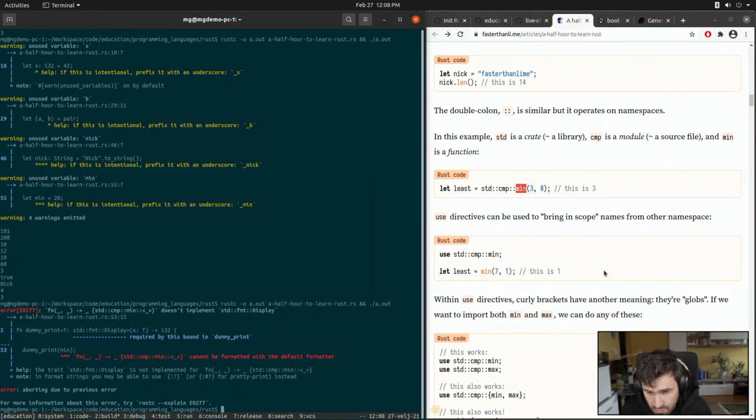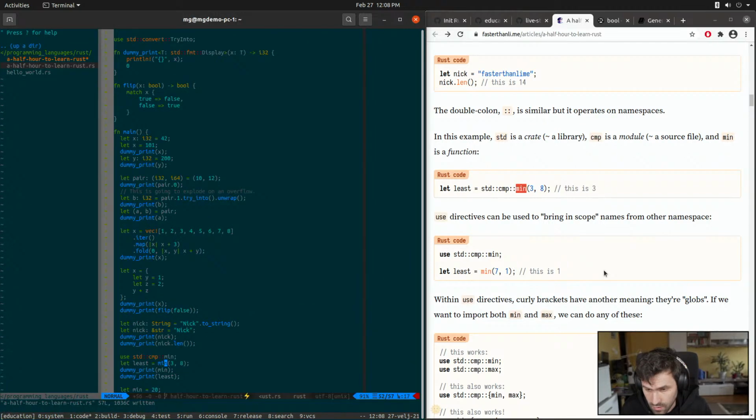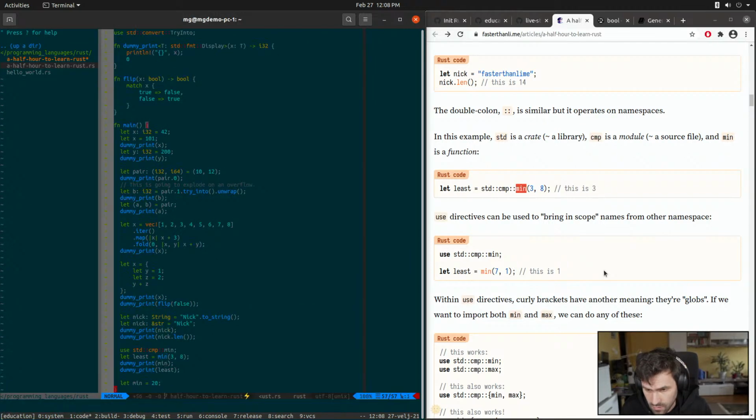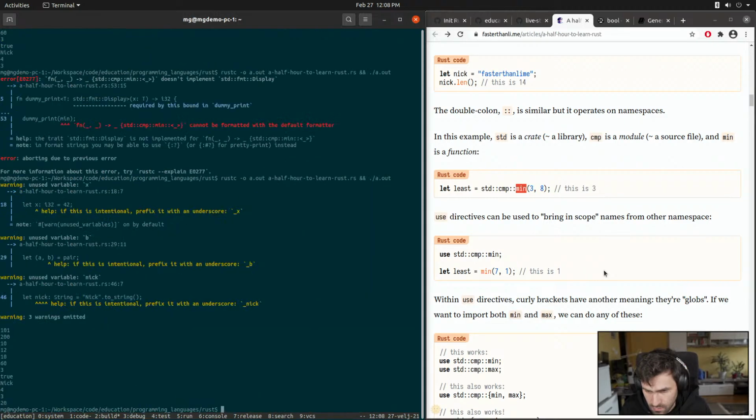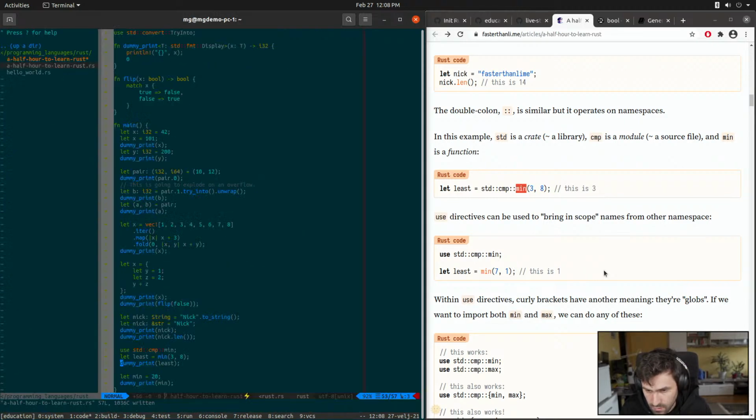Cannot, yeah, okay, functions can't be, okay, but if I move this here, this should now work. Yeah, but if I do this,